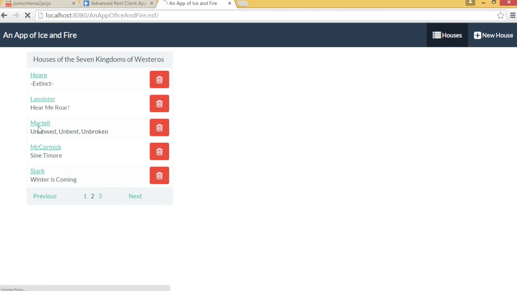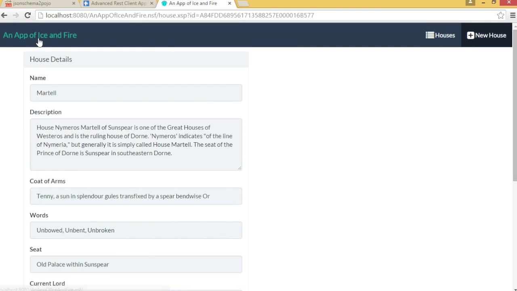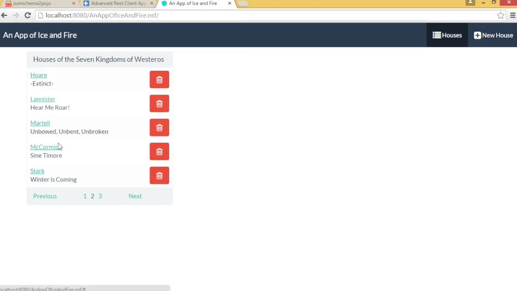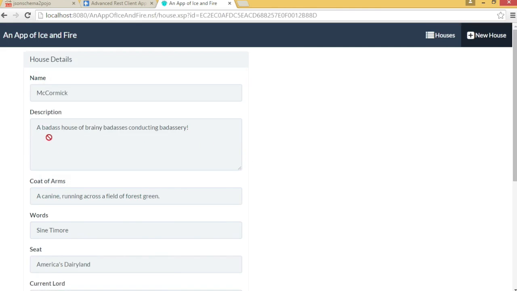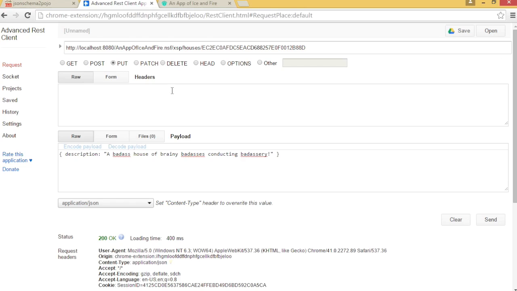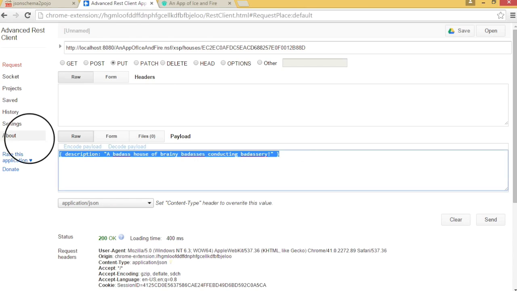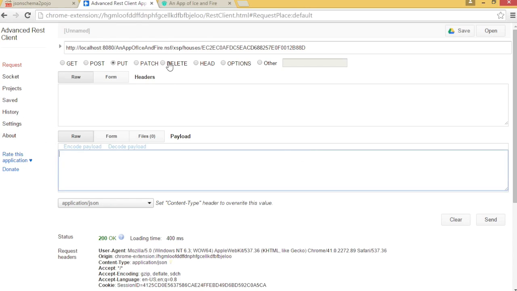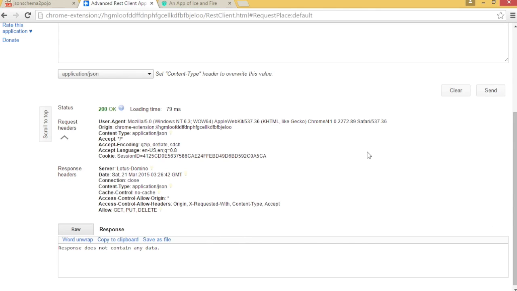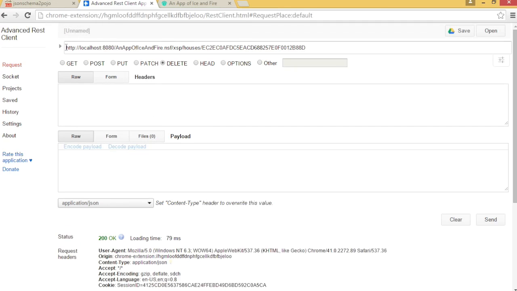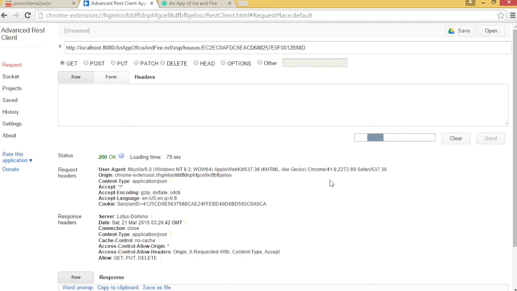And you can see here, if I go ahead and open up, not that one, you'll see that the description is changed and is reflected. So now, for the last thing, I'm going to go ahead and perform a delete against that endpoint, perform a send, no data, but I did get a 200 OK. So now, if I perform a get on that same URL,